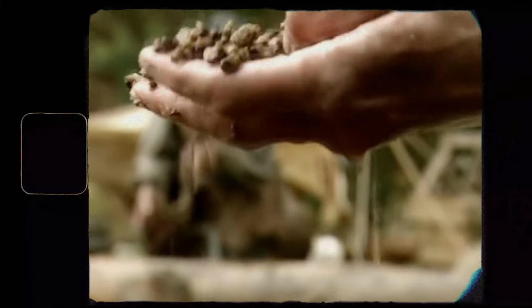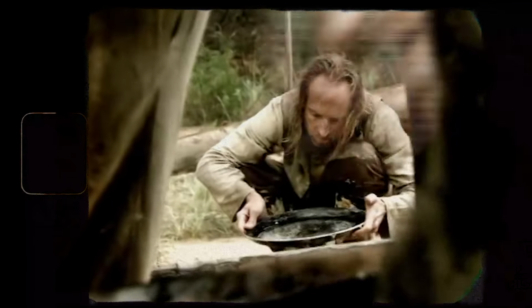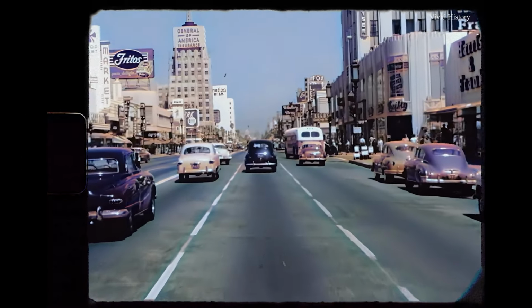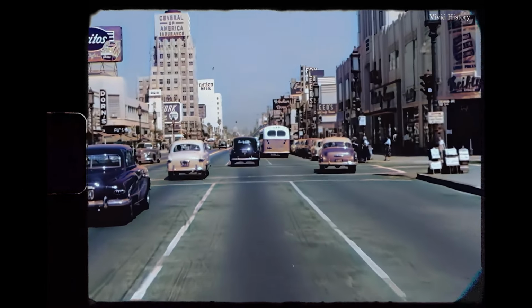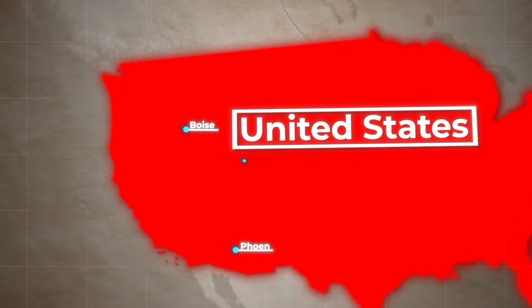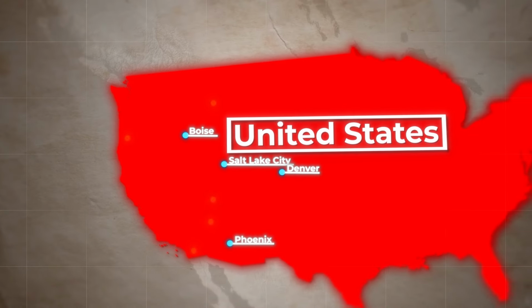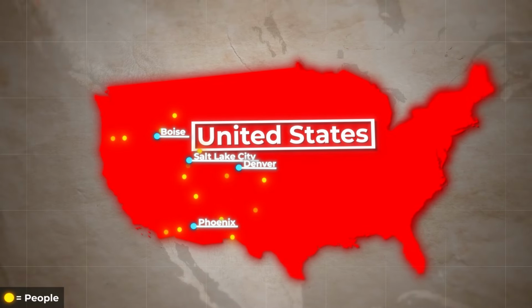This was followed by the 1849 gold rush to Northern California, which marked the beginning of significant changes. As decades passed, advancements in transportation and livability technologies facilitated the development of major cities. Gradually, the western half of the country began to develop. Cities such as Boise, Phoenix, Salt Lake City, and Denver began establishing themselves as population centers throughout the middle of the country. During this period, 11 million people migrated from rural to urban areas.